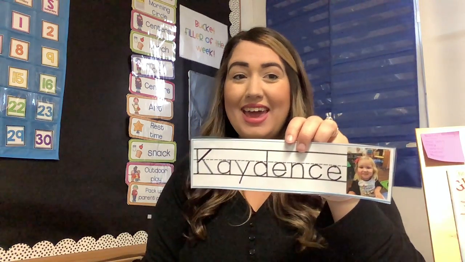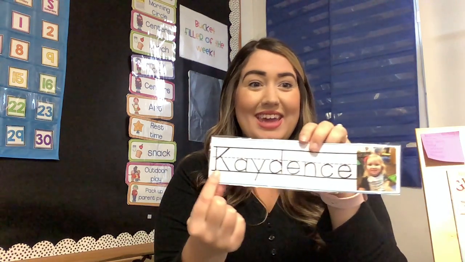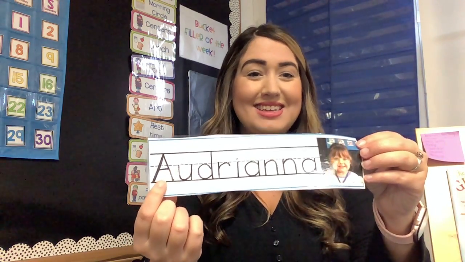Here we go. Good morning to you, and how do you do? Good morning to Cadence. Good morning to you. Cadence, what letter is this? It's the letter K. Good morning, Cadence. Good morning to you, and how do you do? Good morning to Adriana. Good morning to you. Adriana, what letter is this? It's the letter A. Good. Good morning, Adriana.